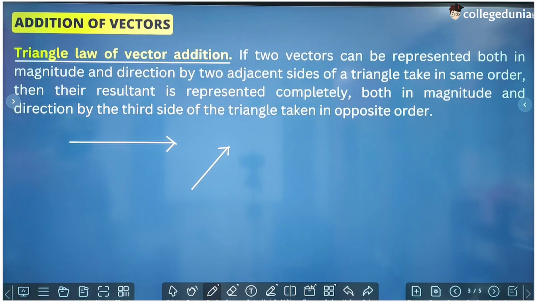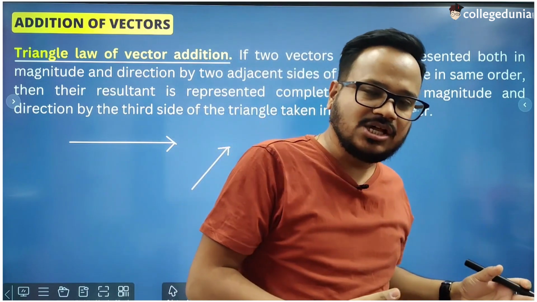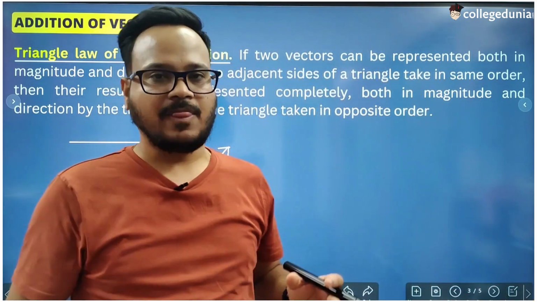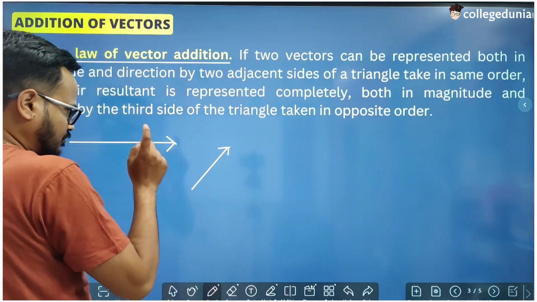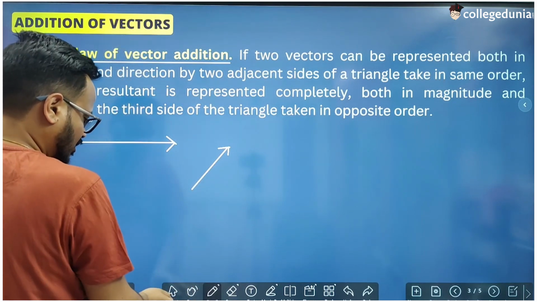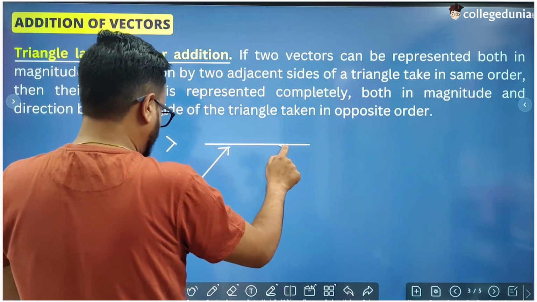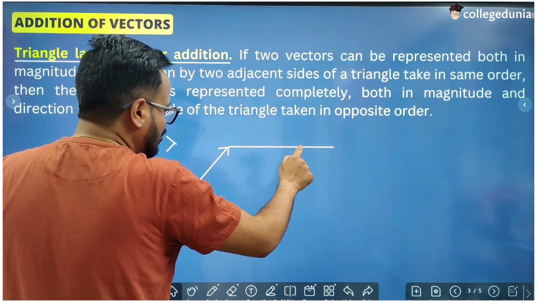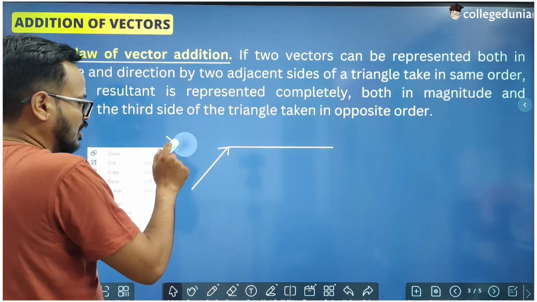It says that if the two vectors are taken as two adjacent sides of a triangle in the same order. What does that mean? Now you just shift this vector. Shift the tail of this vector, we will bring the head too. If you shift the tail of this vector on